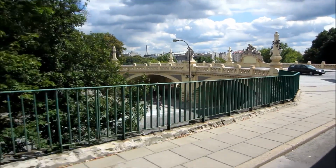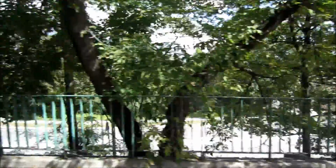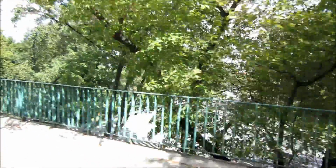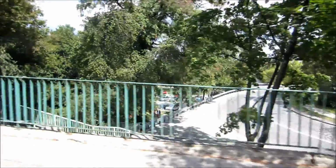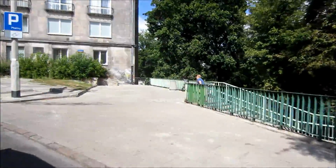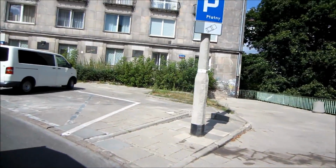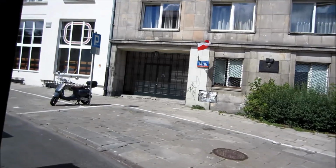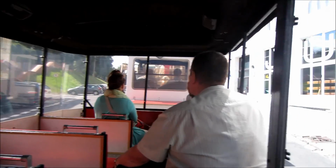To the so-called Royal Road. The Royal Road is a distance of about 12 kilometers between the Royal Castle and the private residence of King John Sobieski in Vienna. Along the Royal Road are the most known in Warsaw: churches, palaces, monuments, important state offices. A few of these objects you can see going through the northern part of the Royal Road, called Krakowskie Przedmieście,